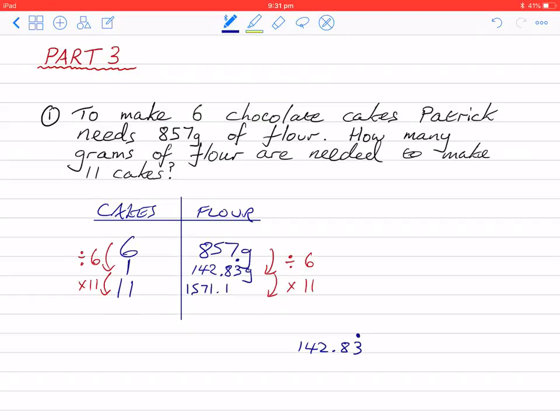So notice I'm trying not to do any rounding at all. I'm trying to keep my answer perfect. I'll get rid of that, I don't need that anymore. And only at the end do I then round my answer. So we say Patrick would need, and here I'm just going to round it to the nearest gram. I'm going to use the approximately equal sign. So approximately 1,571